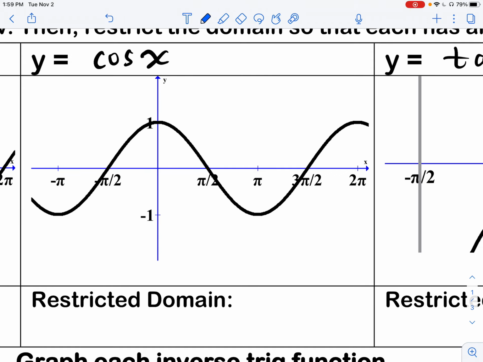And hopefully you said from 0 to pi. And if you said from negative pi to 0, that's fine as well, as long as we are